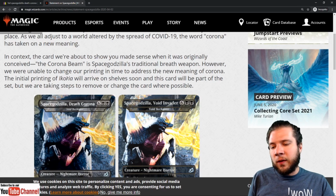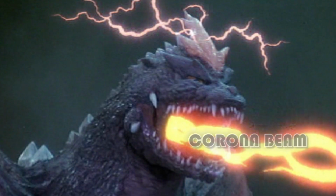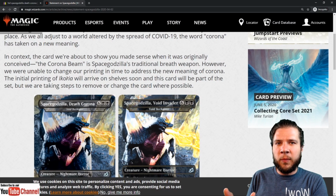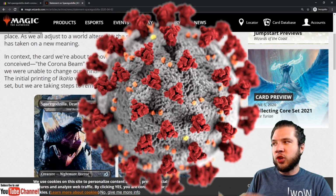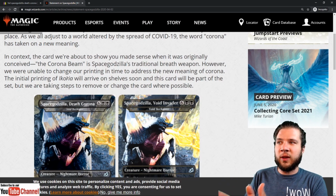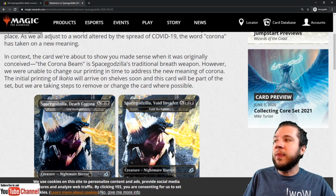Essentially, Spacegodzilla in the lore of Godzilla uses a move called the Corona Beam. This card was called Spacegodzilla Death Corona while it was in development. That's how they printed it. And then coronavirus happened, so they decided they're going to change this variant on Arena to say Spacegodzilla Void Invader. And the only product